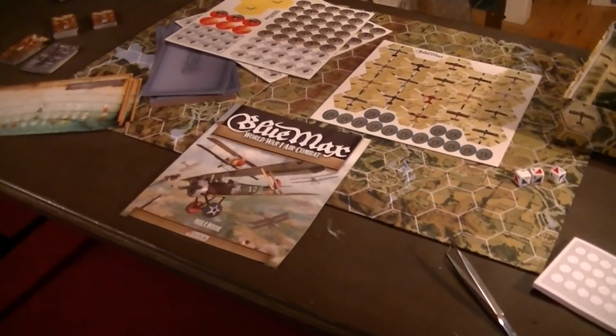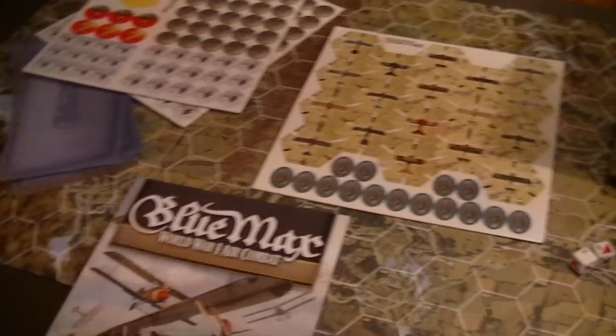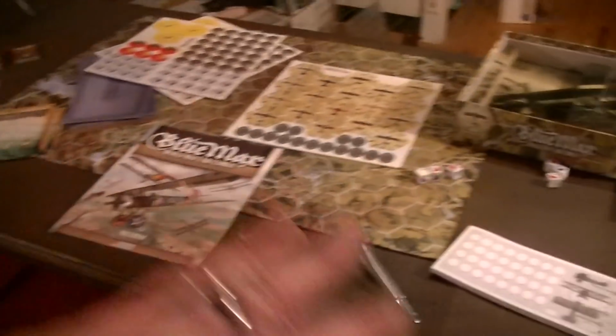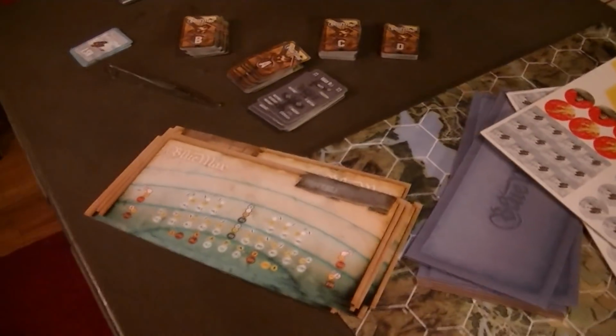That's the deal breaker for this game, is not having the campaign rule and not having enough planes. And I understand why they don't have enough planes. The lack of campaign rule, probably because they don't have enough planes, and they don't have the historical path for the planes and everything. For the lack of planes, it's because they